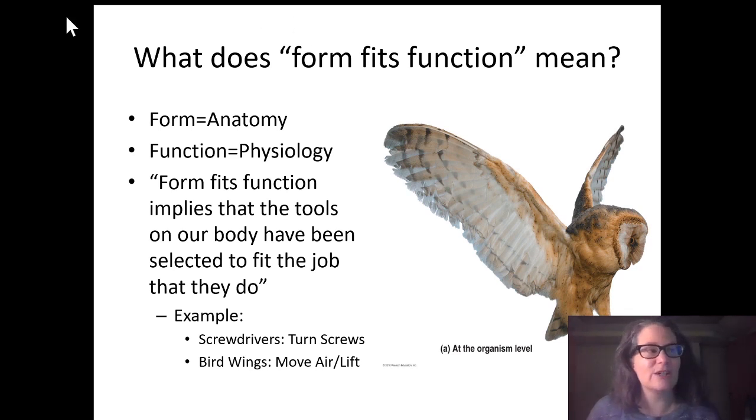I show bird wings over here in my picture, and these bird wings are very specifically shaped so that they can help an owl fly. These particular flight feathers are folded over one another or stacked in a particular way so that the bird can actually get lift. And even on an owl, you get these serrated edges. I don't know if you see that, so that form allows for a more silent or stealthy flight. So form fits function. A lot of the different structures inside of our body look and are shaped a certain way to do a certain job for us. So let's get started today.